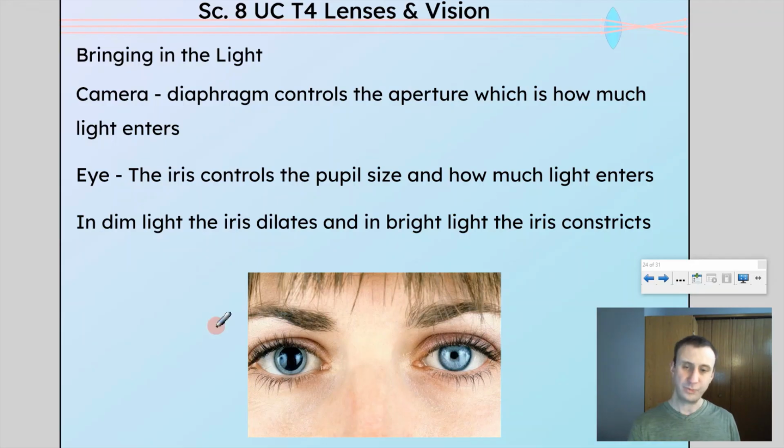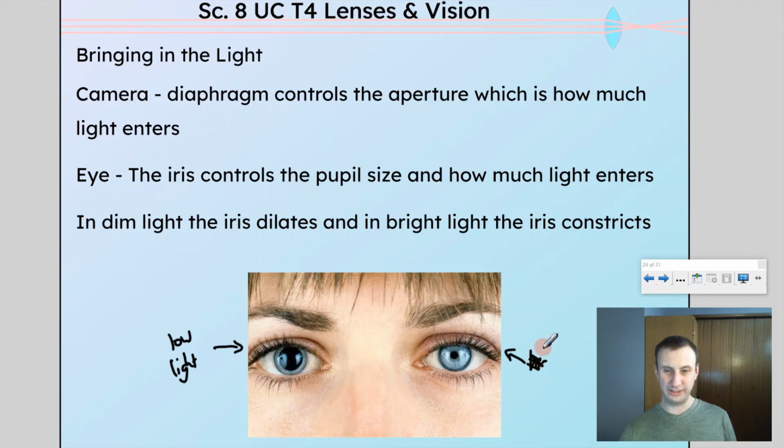So we have two eyes here that are under different light conditions. So I'll ask you, which eye would be in lower light? And actually all they've done here is they've just covered up one of their eyes for a while so no light was getting in, and then they've released it and then taken a look. And the answer is this eye is for low light conditions. So it's allowing more light to come in, while this is under